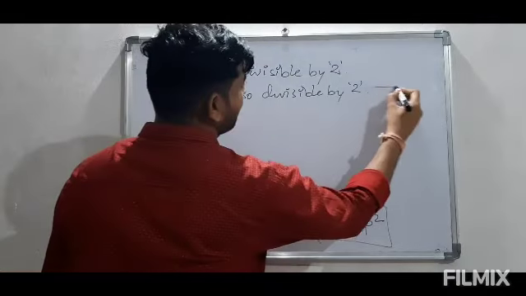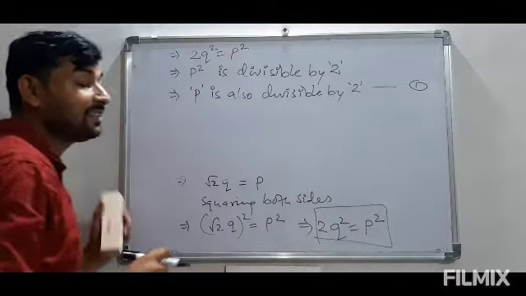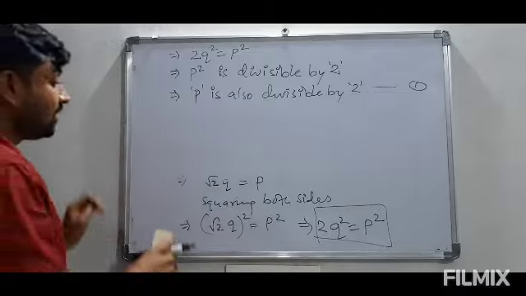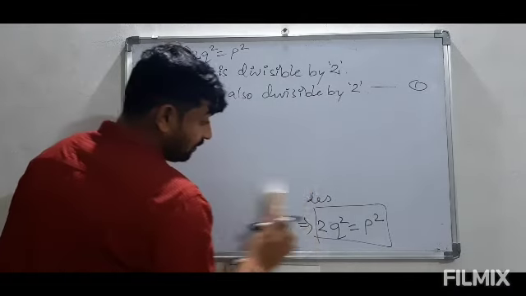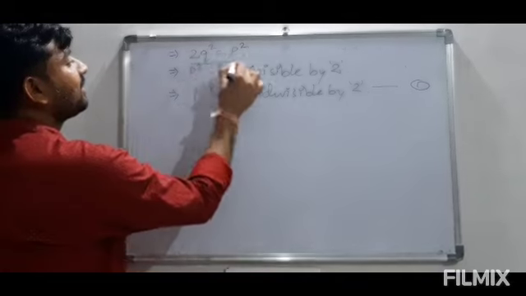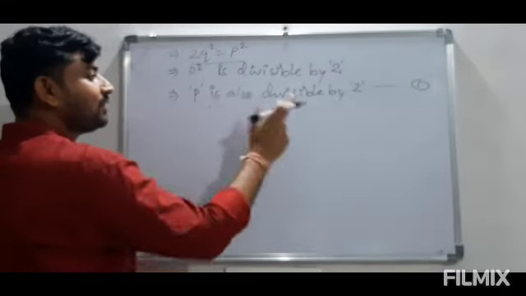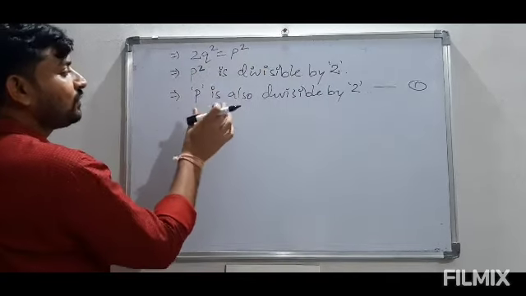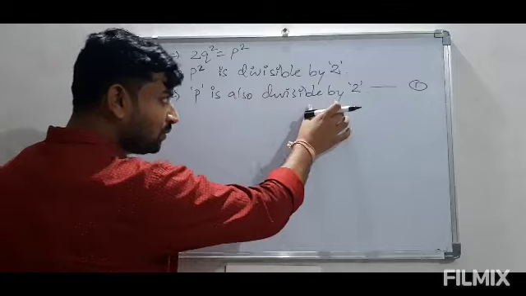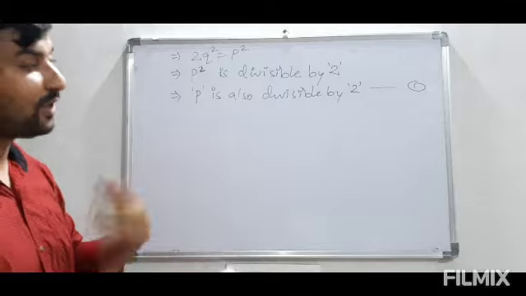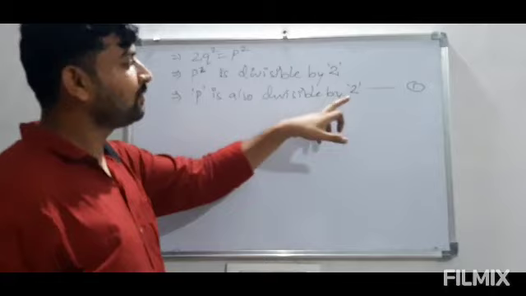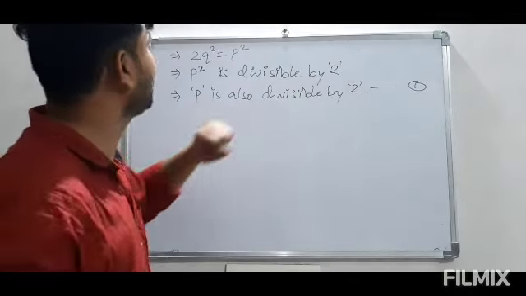Now we are writing the first fact we have, that is p is divisible by 2. Now come to this part. Here we have proved that p is divisible by 2. Now we have to replace this p, which we have already proved is divisible by 2, so that we can prove that q is also divisible by 2, and finally we can say p and q both are divisible by 2, meaning they have a common factor of 2. So this we have to deal with.